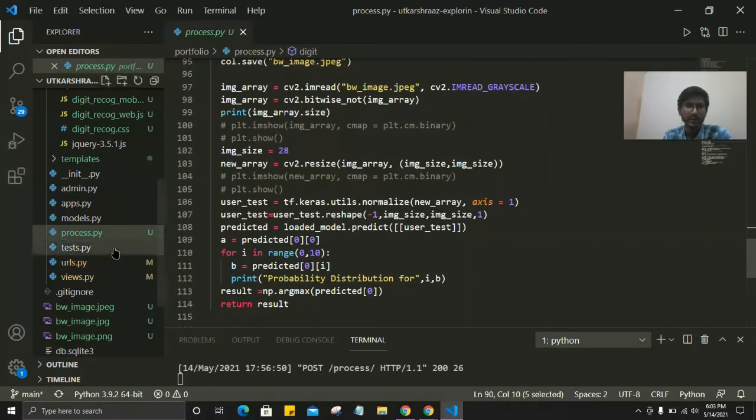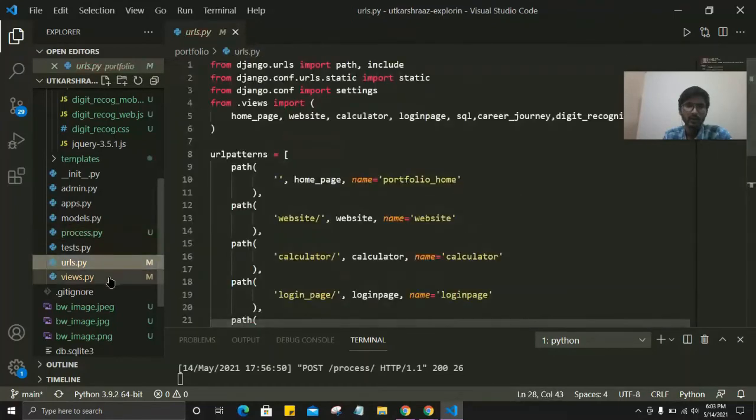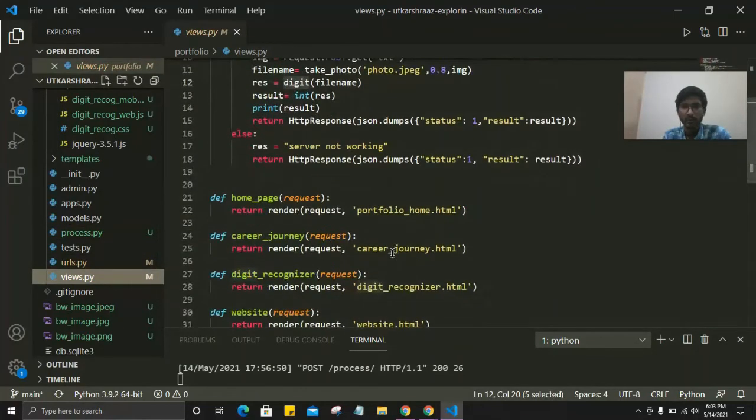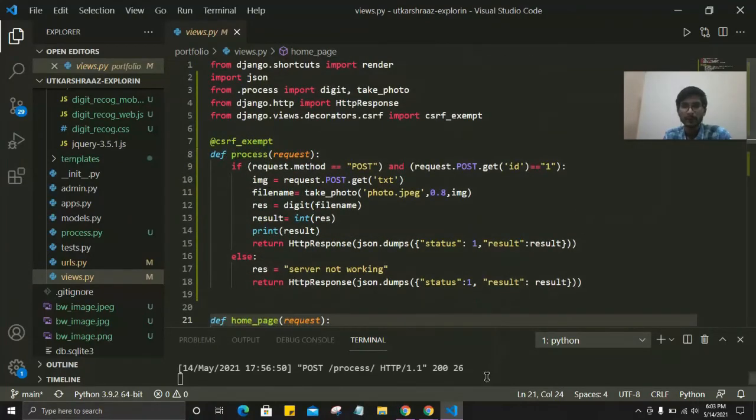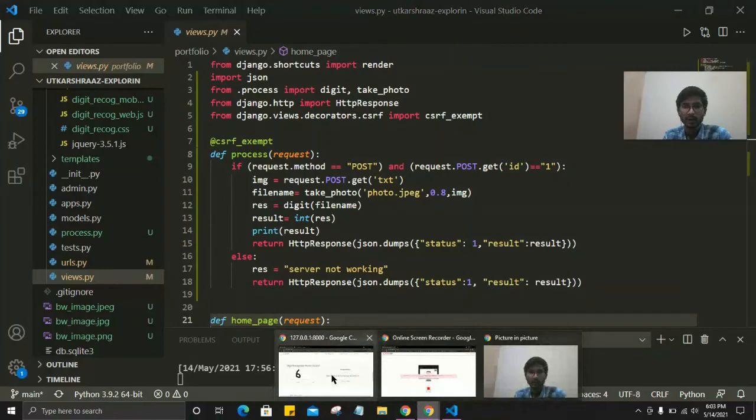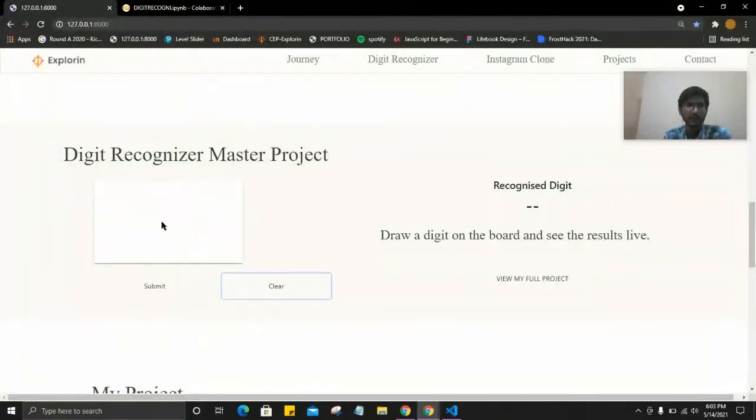So it returns the result, and then the same result is sent back through the same URL to the front end, and it will show you the result. So this is the whole process, how it is working.